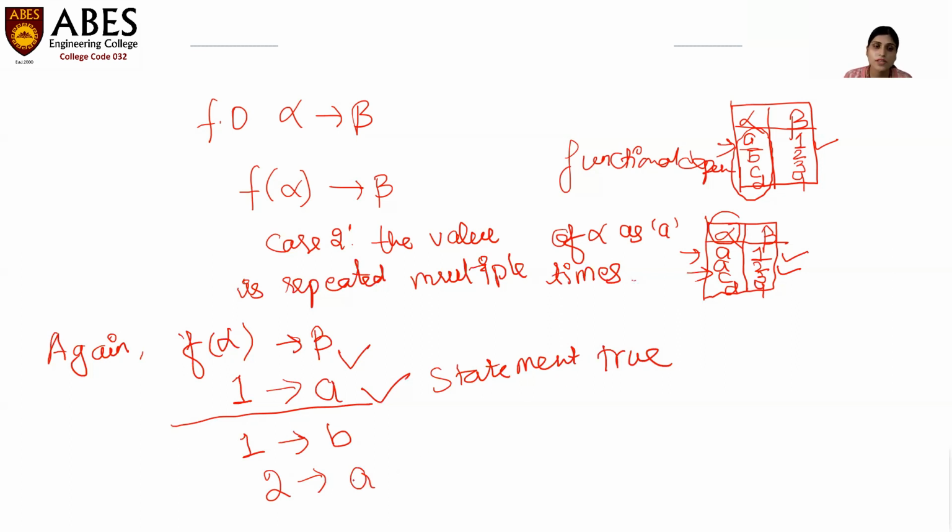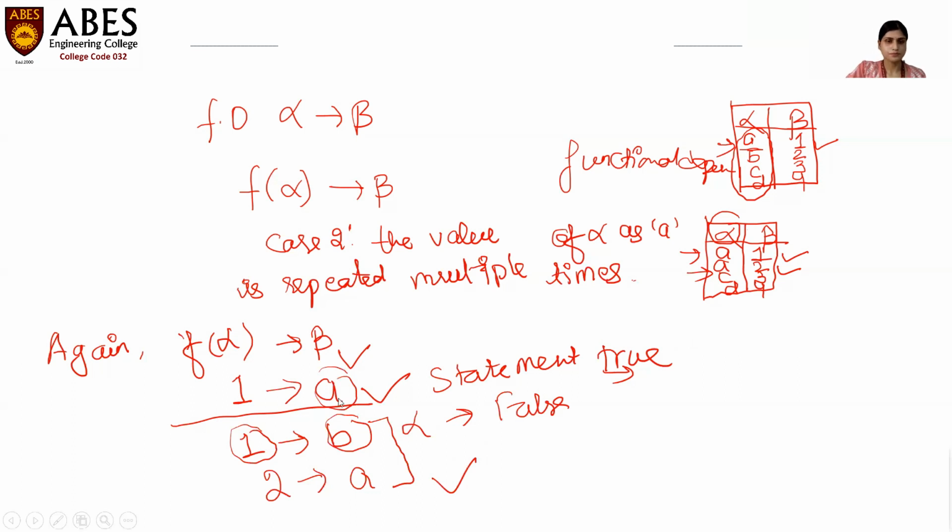If I ask you the same question, which of these statements is false? If the first statement is true, that if we put the value of alpha as 1, we get the value of beta as A, then if we put the value of alpha as 1, we can never get the value of beta as B. So this statement is false. However, this statement can be true. So from this it can be implied